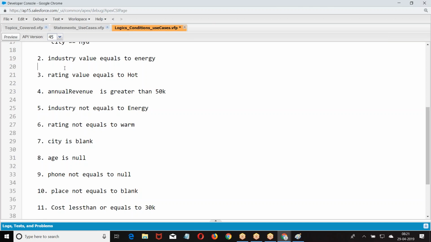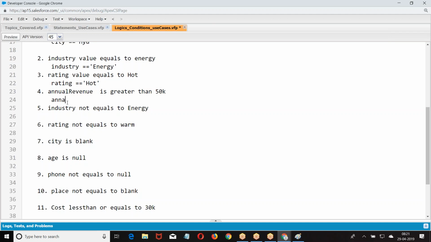So define the conditions. Industry equals to energy, checking whether the industry value is energy or not. Rating equals to hot, checking whether the value of rating is hot or not.